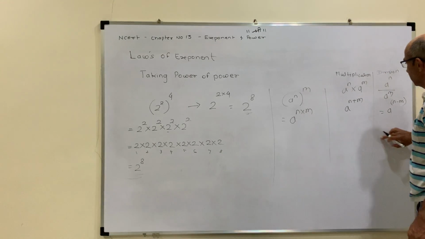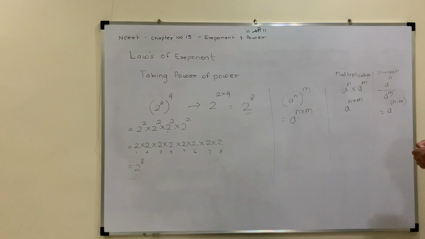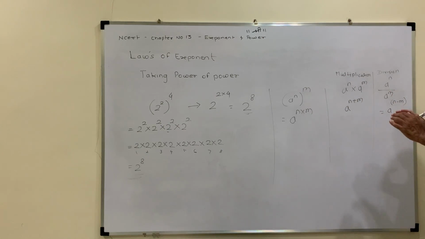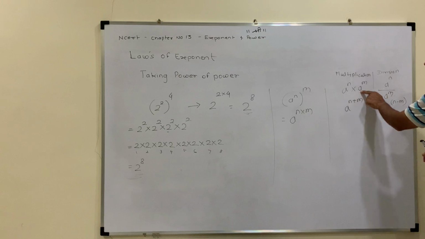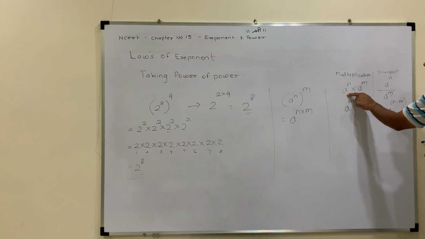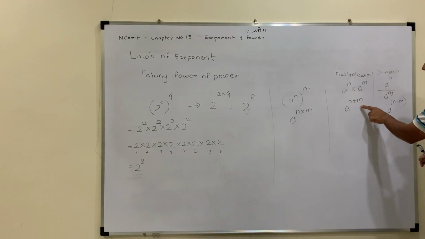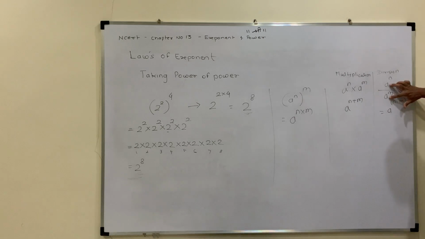So these three things we learn in the law of exponent. Power of power, we need to multiply the powers. When multiplying with the same base, I am putting that same base in bold. So same base, then the power will be addition. And when the base is same, in division there will be a subtraction. But subtraction has to be in a sequence: the power of the denominator will be subtracted from the power of the numerator.